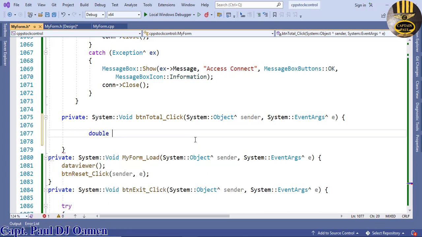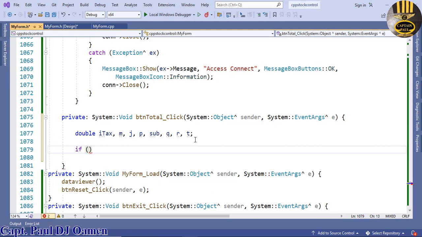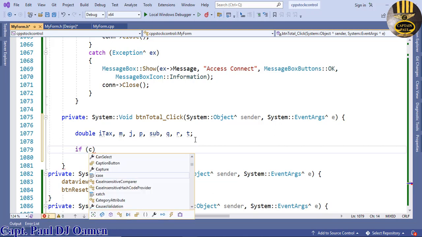So I'll call the very first one for tax, I'll call that tax, M, let's go for J, P, and let's say sub. I'm also going to need Q, R, and T. There, those are the variables I intend to use. Okay, let's do this. Now, if cmd discount